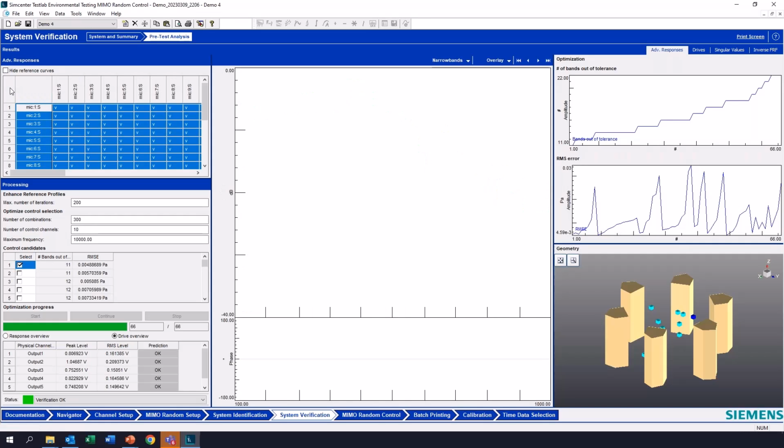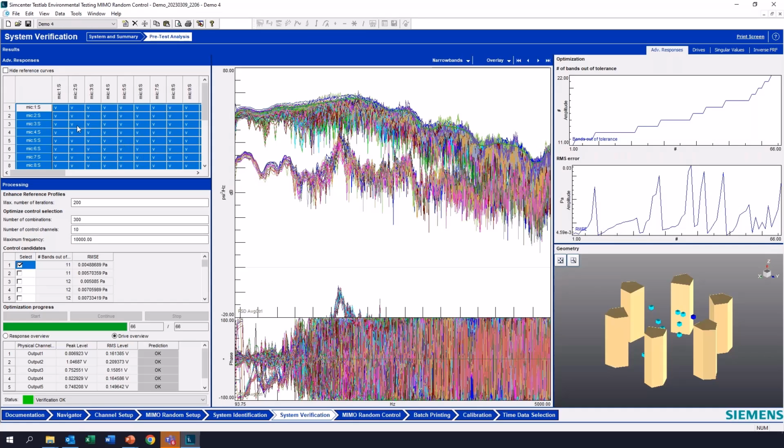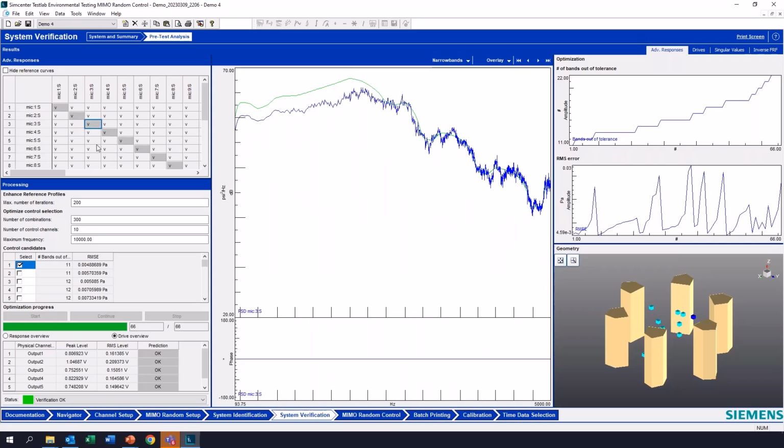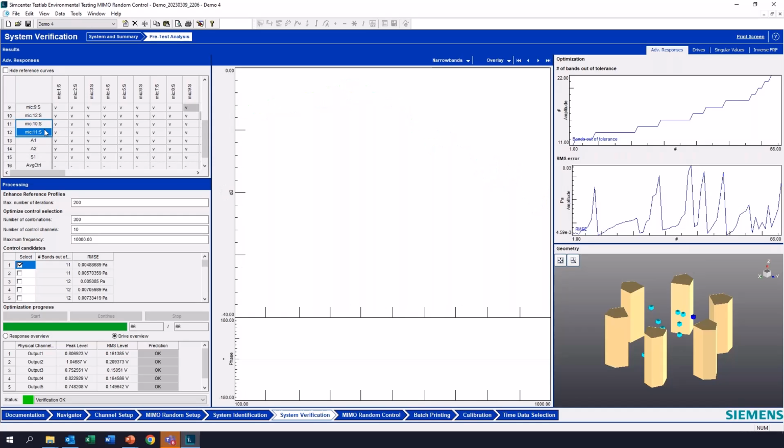And if we take a look at all of these, we can see the kinds of things that happen here. So in this case, it looks like we have 1, 2, 3, 4, 5, 6, 7, and in this one, 10 and 11 were excluded from control.